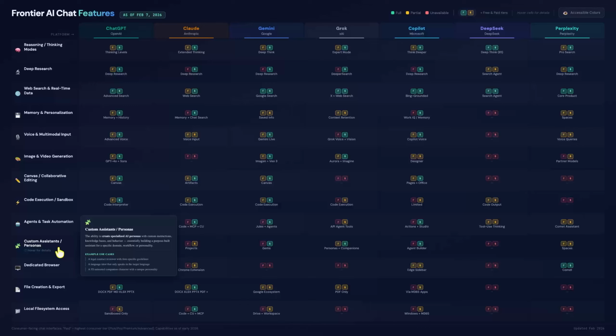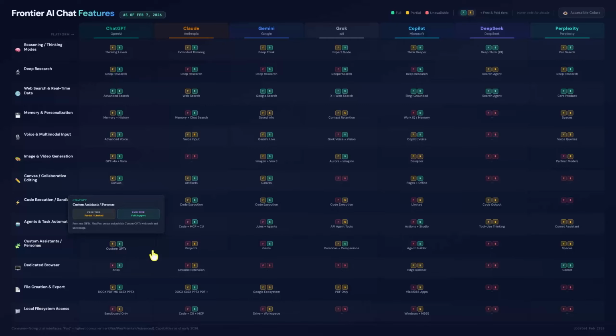Okay. Custom assistants and personas. You can do a custom GPT, I think, on even the free versions of ChatGPT. And in Gemini, these are called gems. And on Copilot, I haven't played around with this, but apparently it's called Agent Builder. So you might see a tab in the upper left-hand corner on ChatGPT, for example, where you can build a